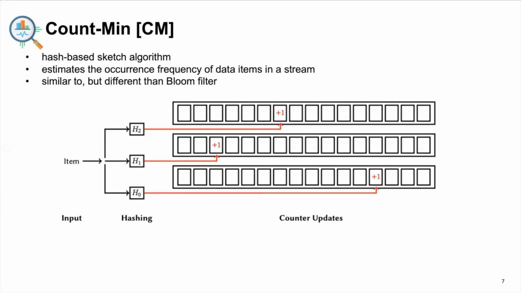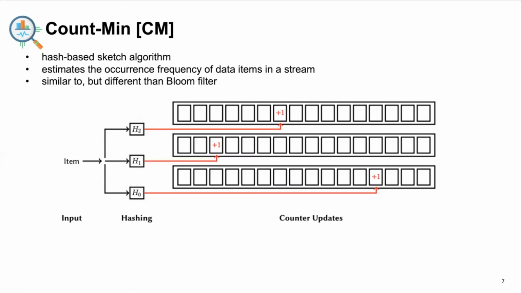Count-Min is similar to, but different than the Bloom filter. Similar because it can also tell the membership of an item to a data stream, and different because more than the membership, it can tell the number of times a data item appears in a data stream. Count-Min never underestimates, but it may overestimate its return value due to hash collisions. Its underlying data structure is a matrix, and the elements of each row get updated with a +1 when the column index is the same as the hash value of the hash function that is associated to the row.